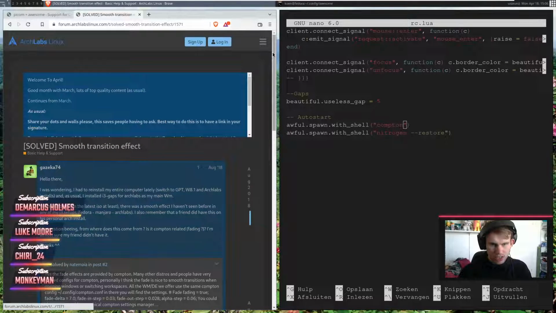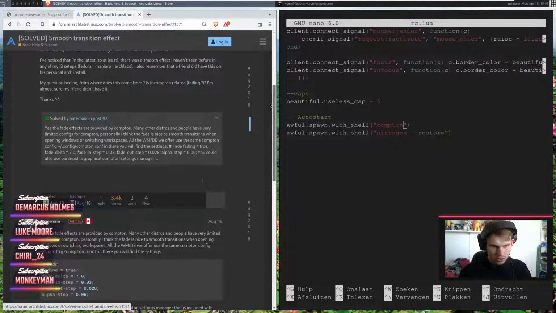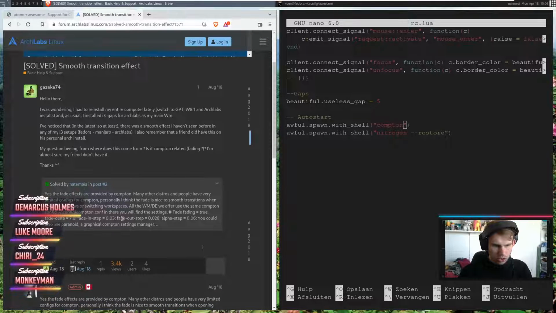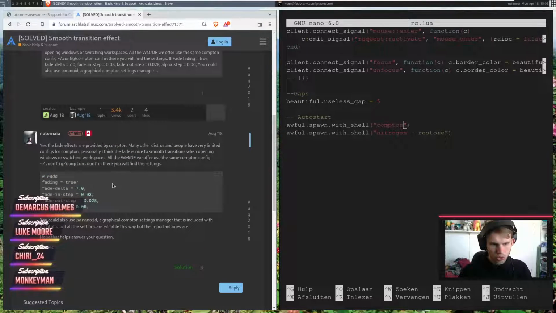Smooth transition effect. All the window managers and desktop environments we offer use the same Compton config. In there you will find the settings, but there's no such thing, is there?